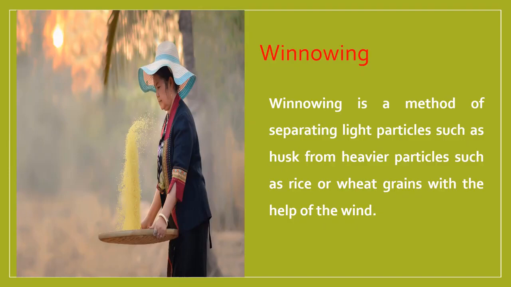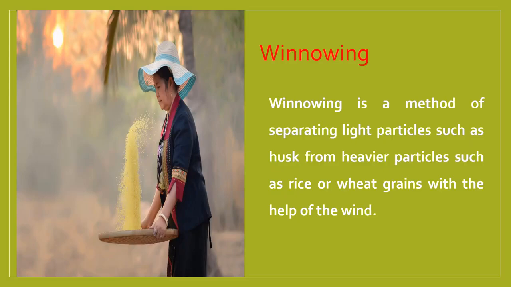The mixture of grain and chaff obtained after threshing is dropped slowly from a height in breezy conditions. The heavy grains fall almost vertically down while the unwanted lighter chaff is carried to some distance by the breeze. Thus, two different heaps of light chaff and heavy grain materials are formed. This is called winnowing. Winnowing is an agricultural method for separating grain from chaff, husk.